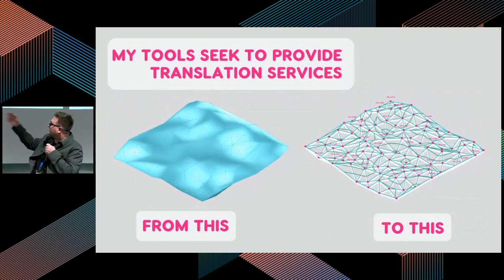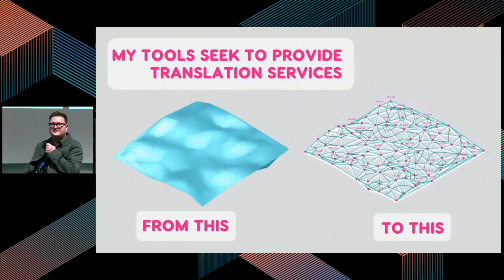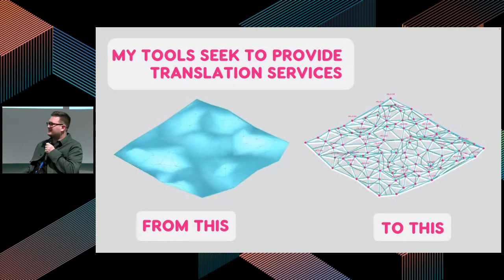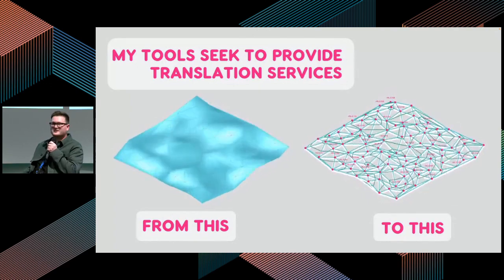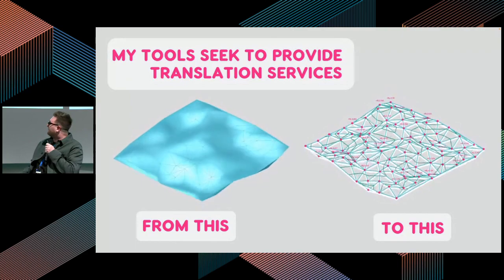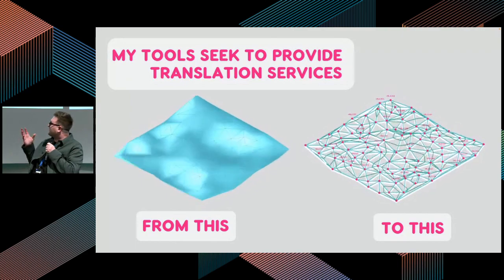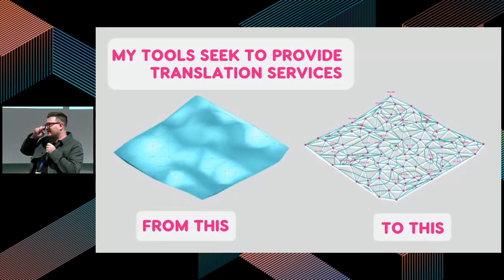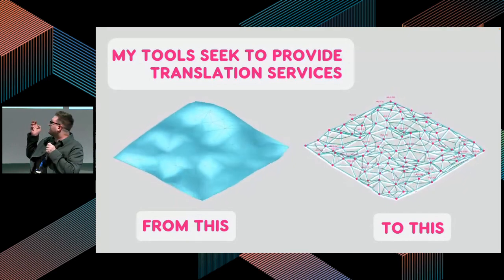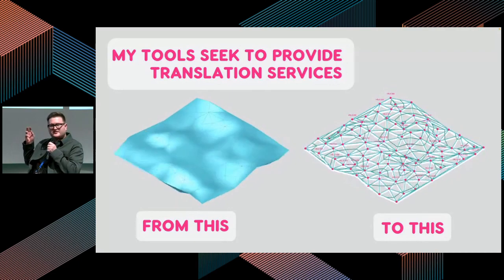So here, on the left, you have a raw TIN. A TIN is a civil engineering term for a triangulated irregular network, which is a fancy word for a Delaunay mesh. And then on the right, you have an abstraction of that information. You're starting to pull out Z heights. You're starting to pull out contours. You're starting to realize what's real and what's kind of